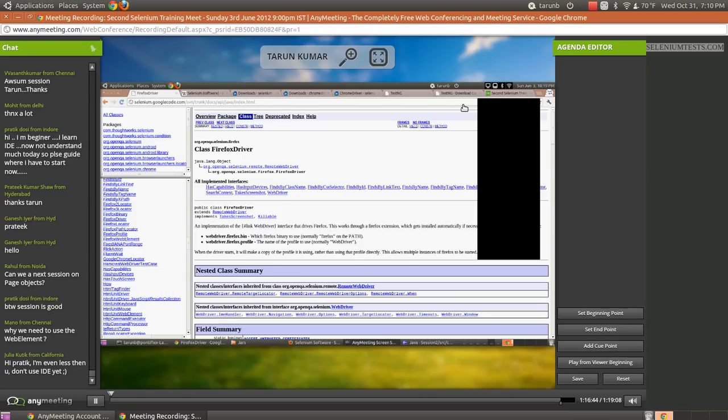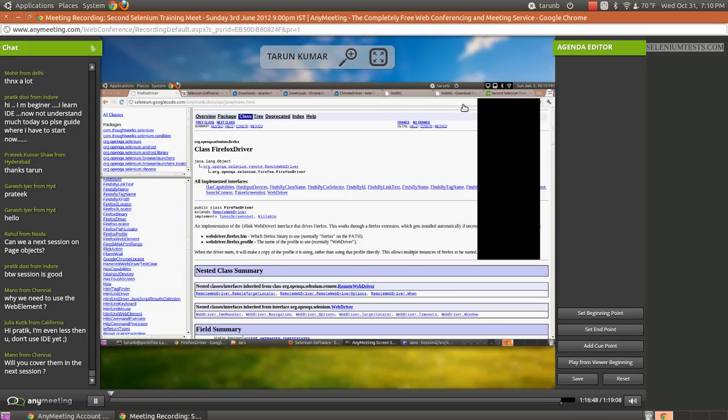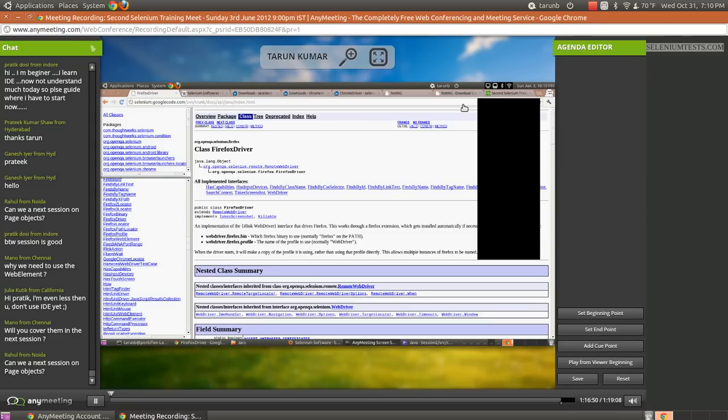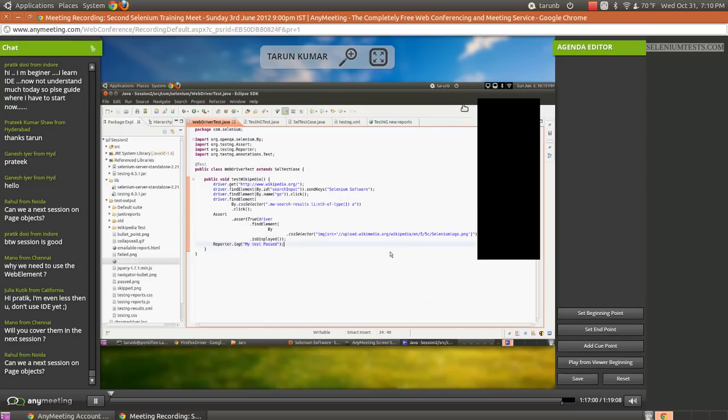Julia, don't worry, download it, and what would happen at most? You might not be able to use it. If you face any problem with usage of anything I explained in today's session, do come back to me and I'll try to answer as soon as possible. Next session is going to be on page object and design techniques, on how we can write better maintainable tests.